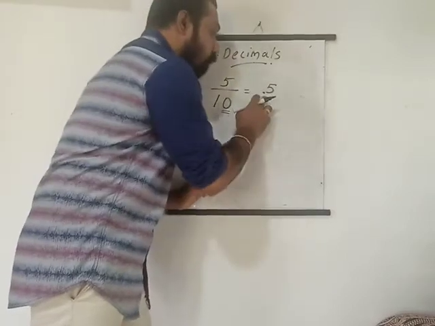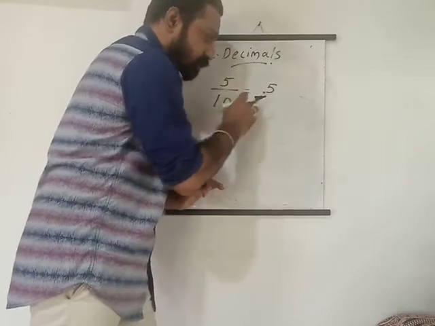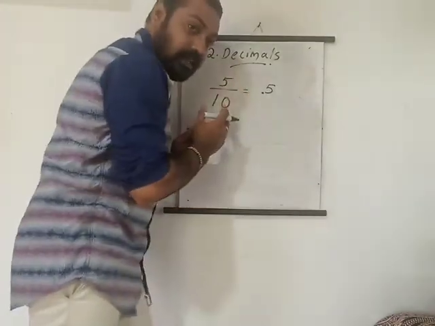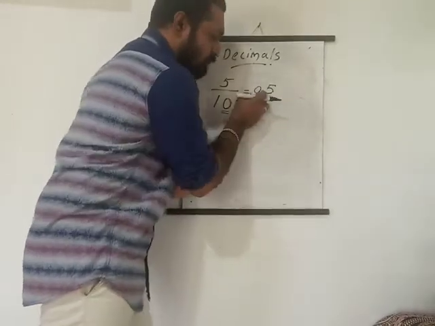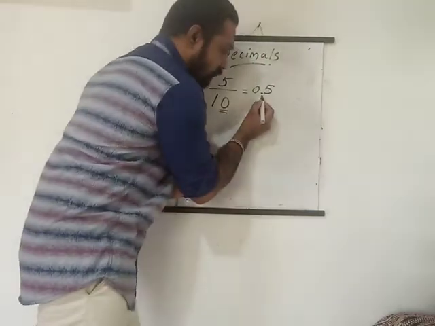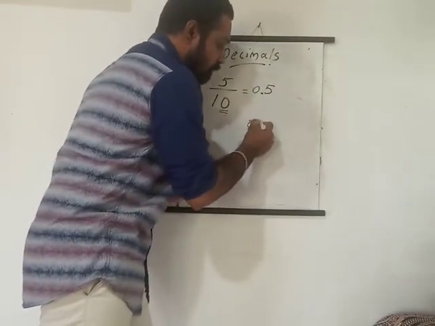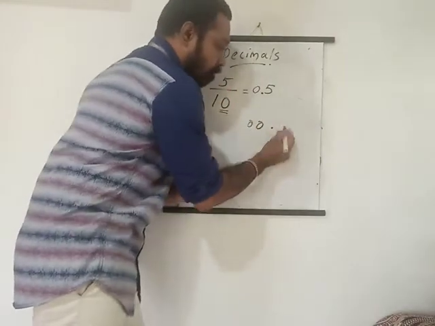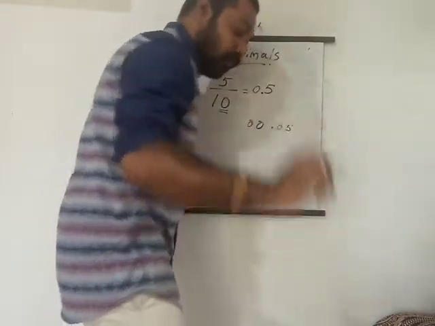Okay. 0.5. So this point, if it is difficult to see, isn't it, so that we can put a 0 here. Then it becomes 0.5. This 0 has no importance. This point comes from this 0. We can put many zeros in front of this point. That does not have any value. But a zero between the point and the number does have a value, that we also learned.